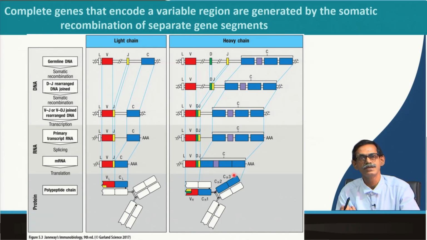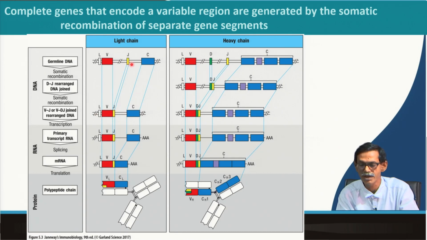So, what is found is that in light chain the variable region is composed of two different segments, one is V, another is J, and light chain has only one constant domain. So, this is the DNA structure, this is the germline DNA or genomic, before the B cell matures. So, what happens during maturation or B cell formation? There is a recombination happening. In that recombination, this V and J join together. This is also at the DNA level.